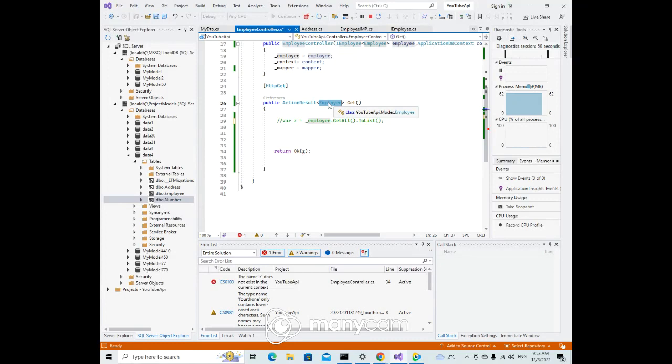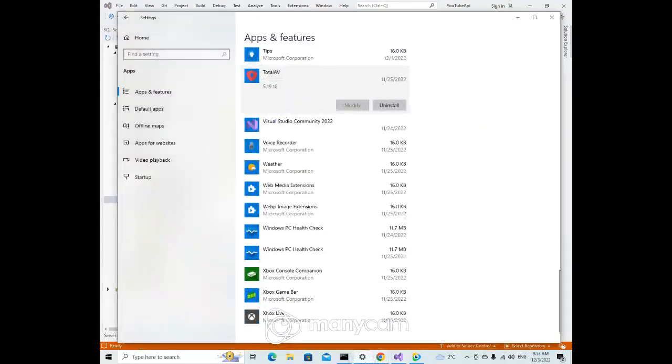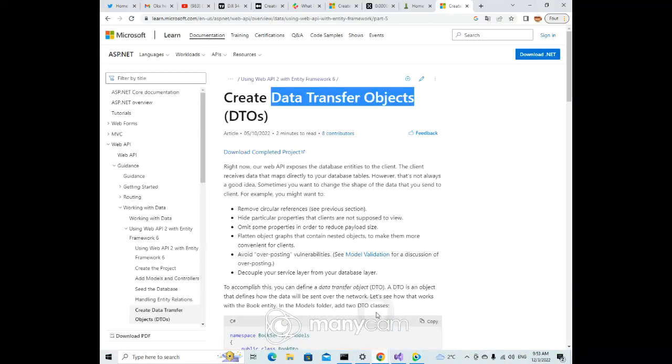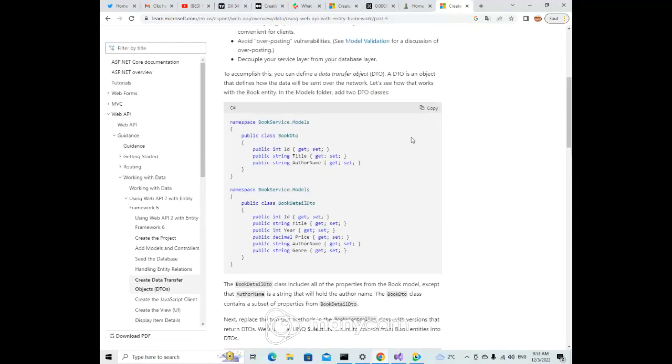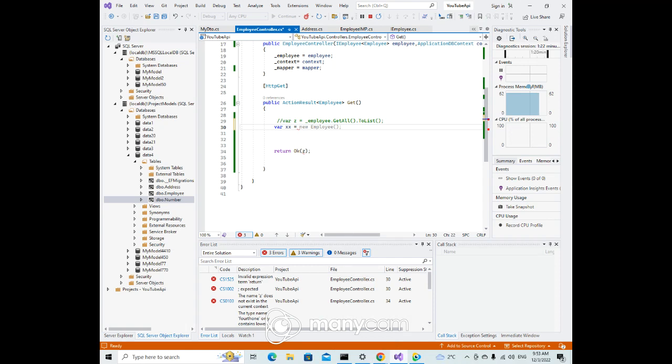When I say employee, in other words, I can now return my DTO class instead of my employee, and just name. Okay, and now I want to say where x is equal to... let me show you some documentation. For example, here we have a class, we have another class, and for example here I say from